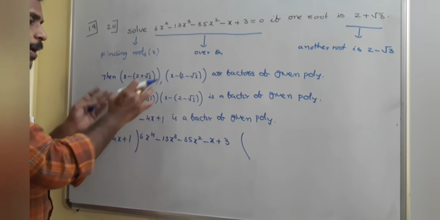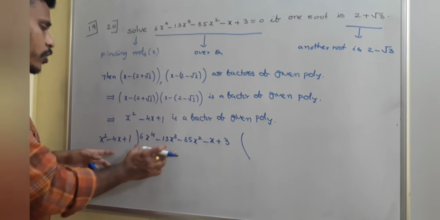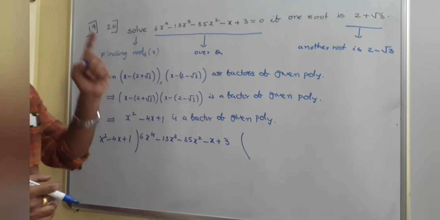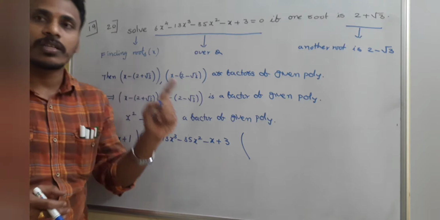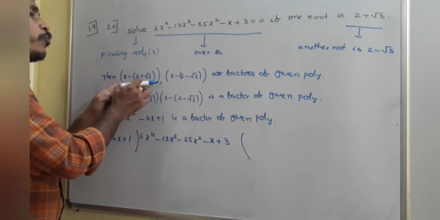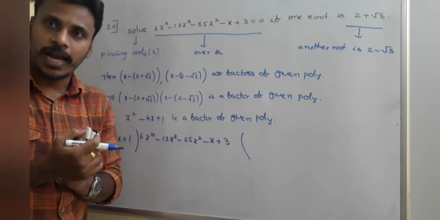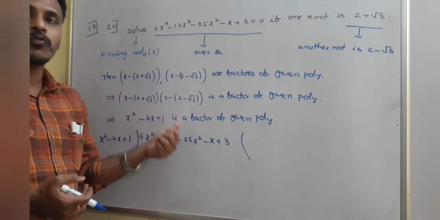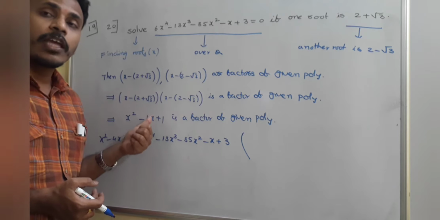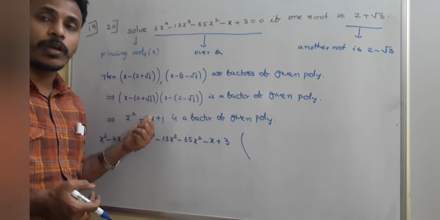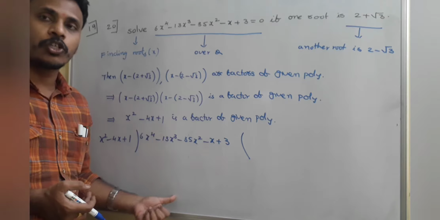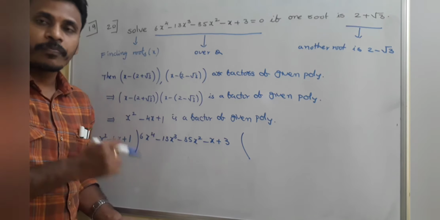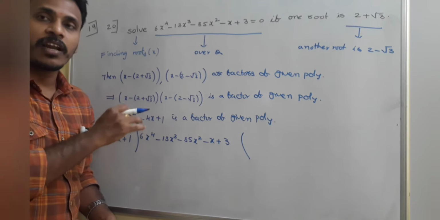I am erasing this for space and will start the division process now. First of all, have a look. Since 2 + √3 is a root, 2 - √3 is the other root. So x - (2 + √3) and x - (2 - √3) are factors. The product is a factor, and the product is x^2 - 4x + 1. If you divide the given polynomial by it, you will get remainder 0 and some quotient. I need that quotient to find the other roots. Have a look, take a screenshot, I will erase it and then continue.